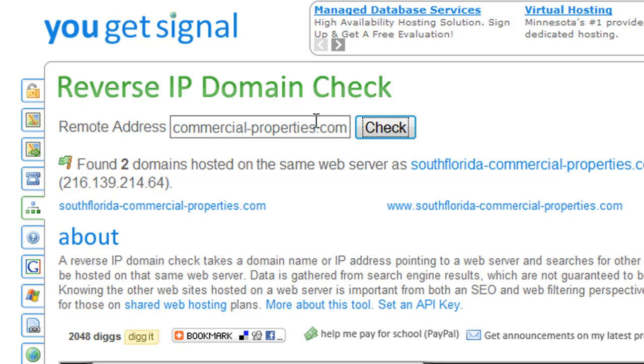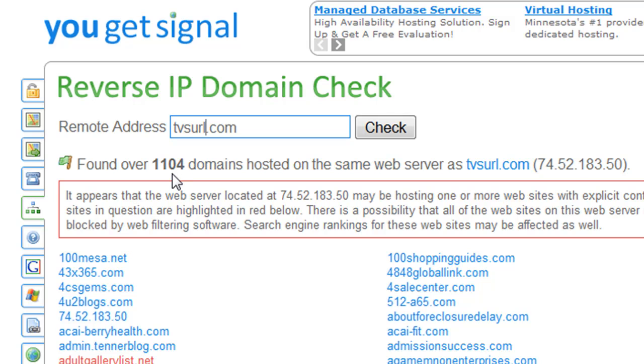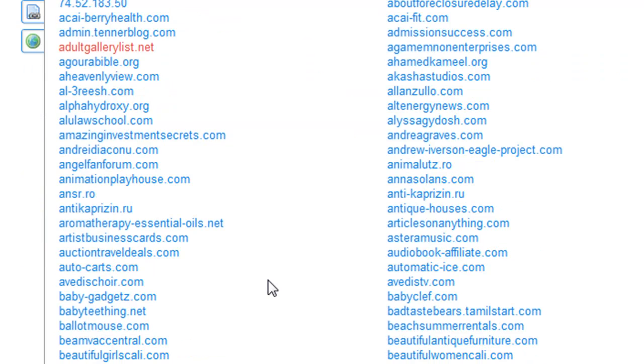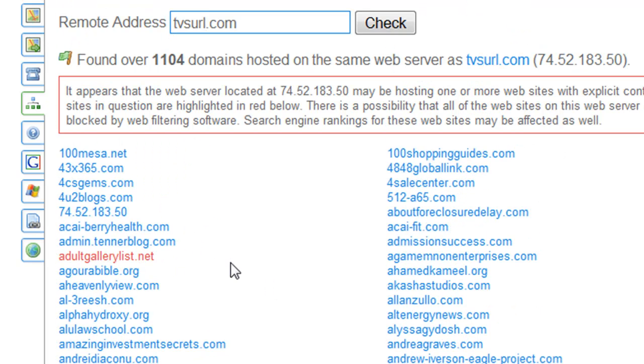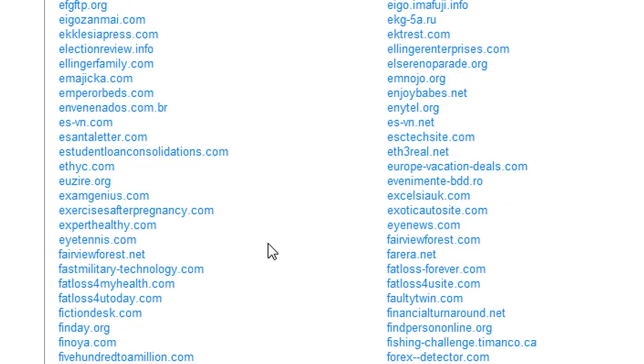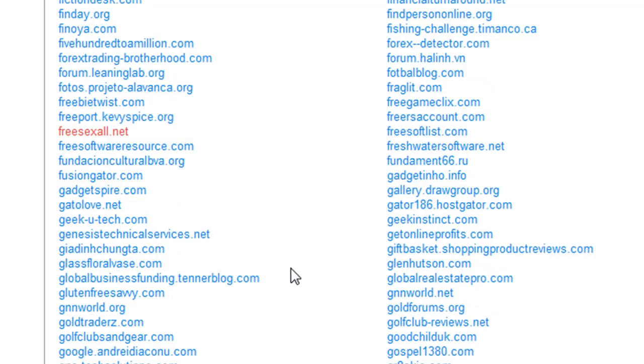Now let me plug in a domain that I own. It's one of my test domains, and it's on a shared server at HostGator, and let's see what we find. Over 1,100 domains are hosted on this shared server account at HostGator. And anything in red is a potential problem website. And if you look, they're all porn sites, basically. And that, again, doesn't necessarily mean that there's issues. It just means that